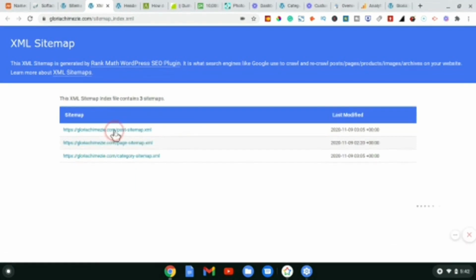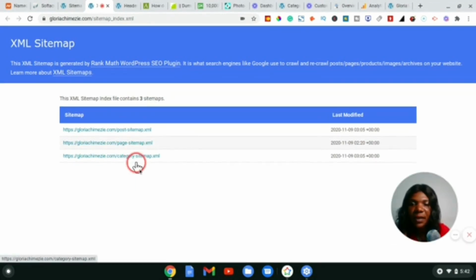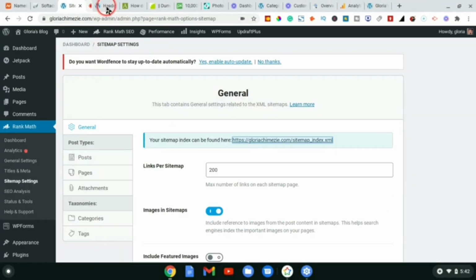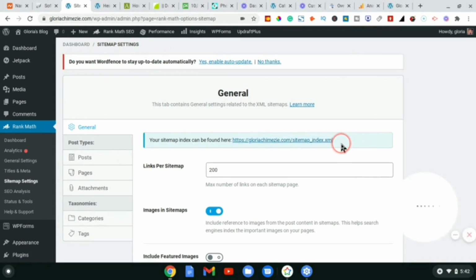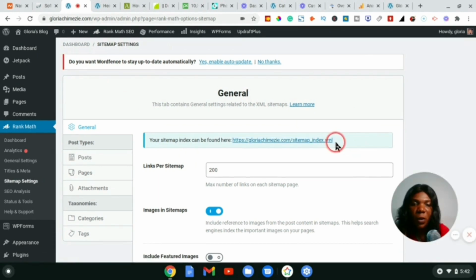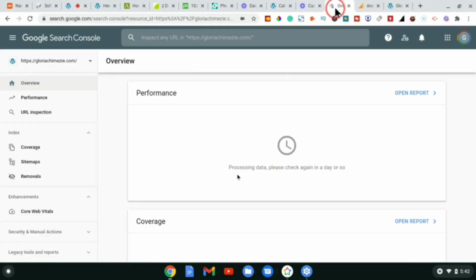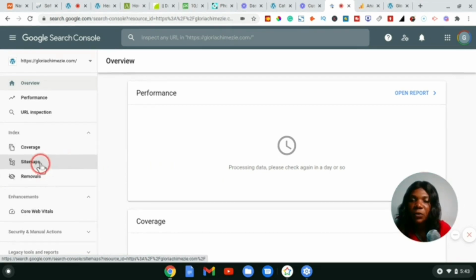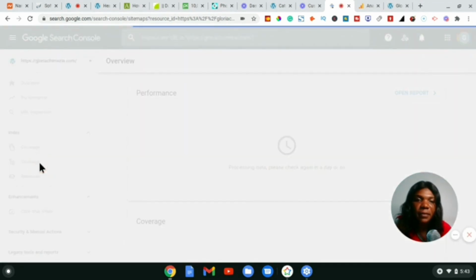So this is our sitemap. We have the post sitemap, the page sitemap, and the category sitemap. So I want to make sure that Google has this sitemap to be able to crawl this website. We're going to copy this URL, and then we're going to go back to Google Search Console, and where we have sitemaps inside the Google Search Console, we click on sitemaps,